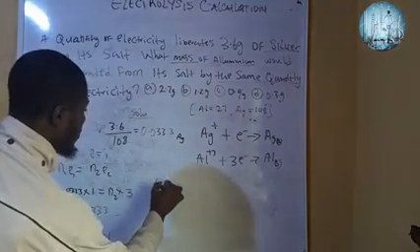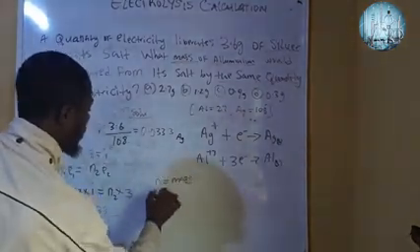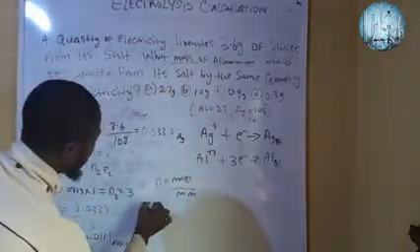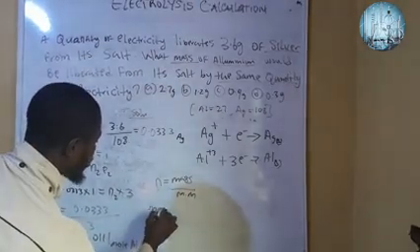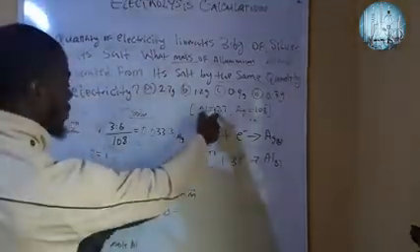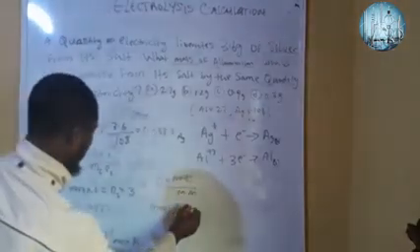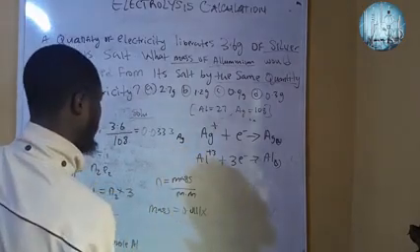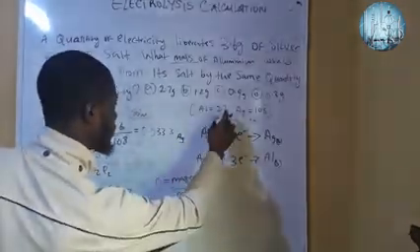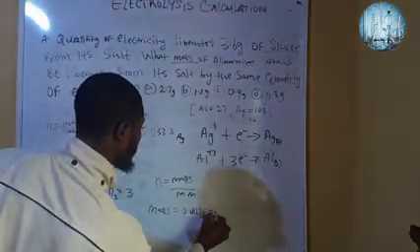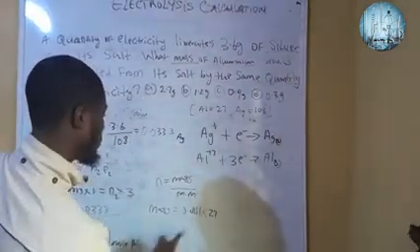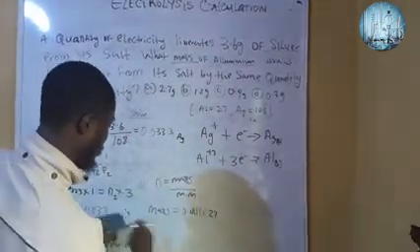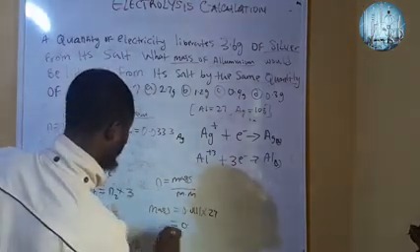Our number of moles, recall, equals mass over molar mass. Okay, let me represent molar mass by Mn. So now let's make mass the subject of the formula. Mass of aluminium will now be equal to the number of moles of aluminium, which is 0.0111, multiplied by 27, which is the molar mass. Now let me do that, 0.0111 times 27 equals our mass, which is